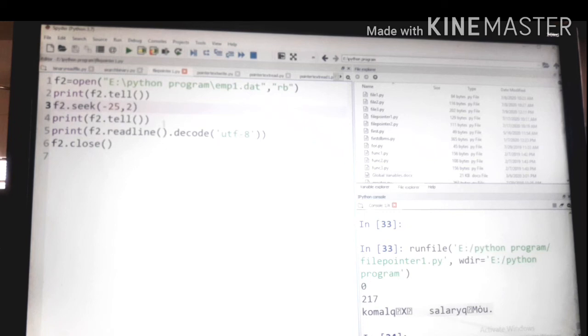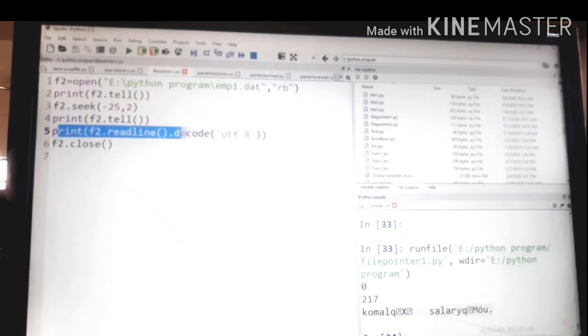But here we can't import pickle, so for reading binary files we use the readline().decode function with UTF-8. This topic is not included in your book, so this is a very important point: how to read binary files without using pickle.